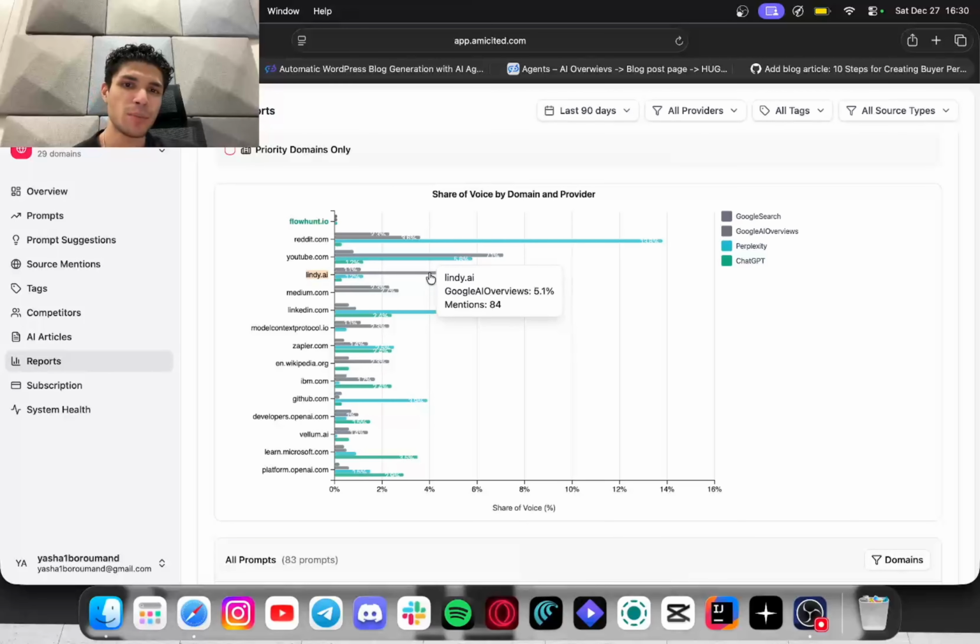So 5.1% of all the prompts that I'm tracking, that means 84 mentions there. So probably the strategy that they're using to increase their generative engine optimization works really well with AI Overview. So you might want to check that out in detail.